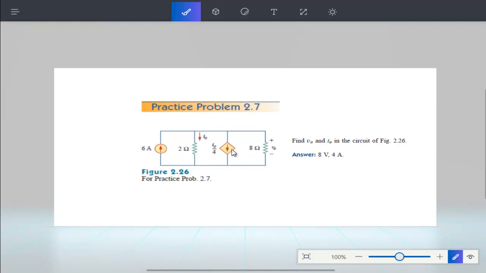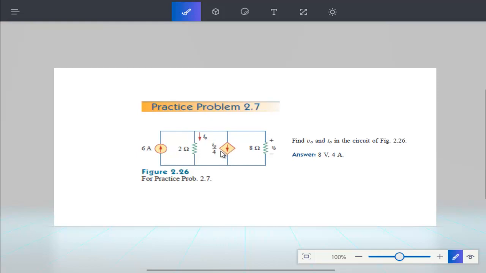One thing is important to learn. We can see the symbol. This symbol is of current. We can understand that this source is a current source, and when we look at the coefficient, we can see that this is also current. This current source is dependent on I naught, which means that I naught is controlling this current source. So we can say that this element is a current controlled current source.